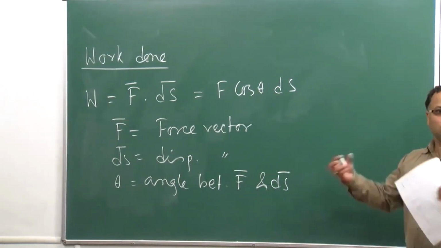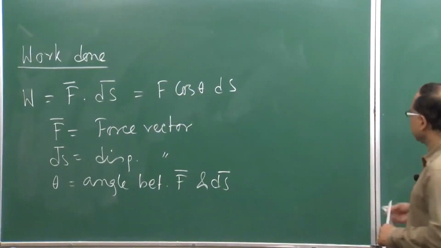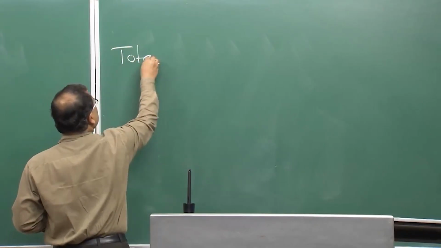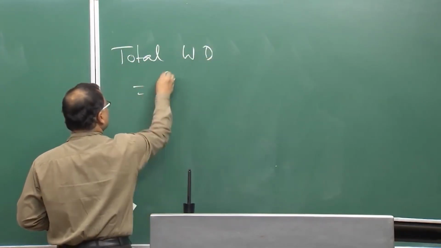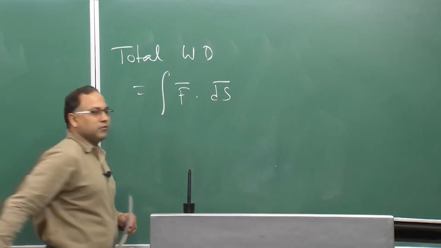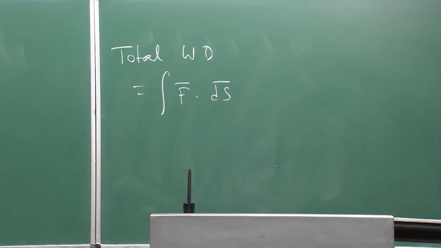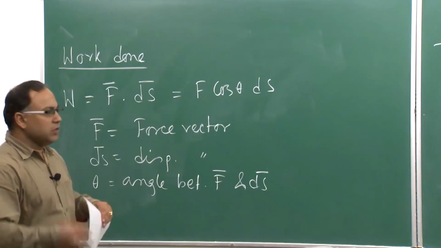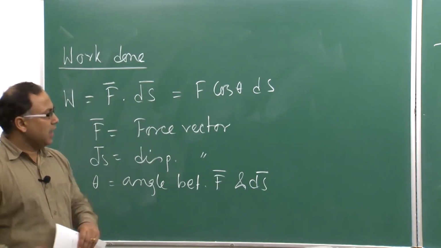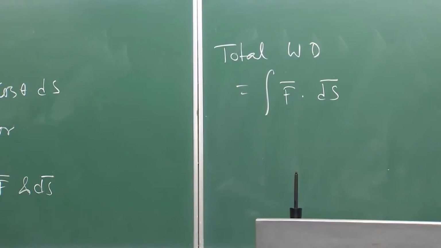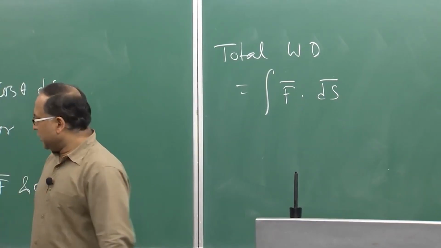If I want to get the total work done for all the forces applied in a particular system, then the total work done is equal to the integration of F ds, quite simple, right. If instead of one force you have multiple forces acting on the system, then you will get the corresponding displacement vectors, and if you sum them together, then you will get the total work done. That is quite a known fact from your physics. Okay. Now,